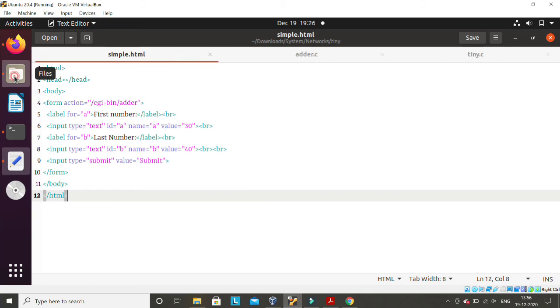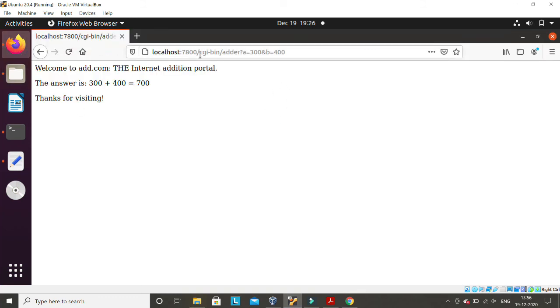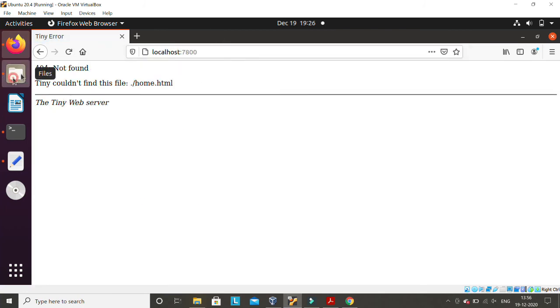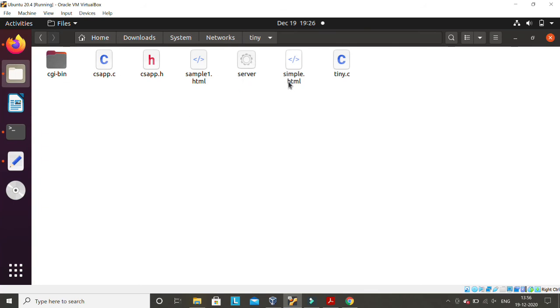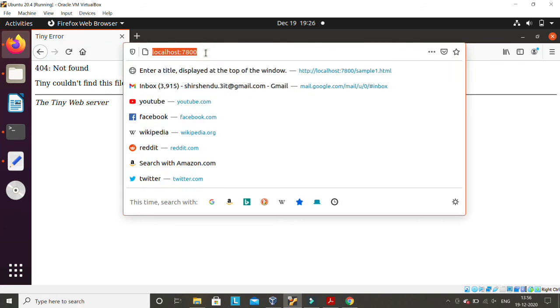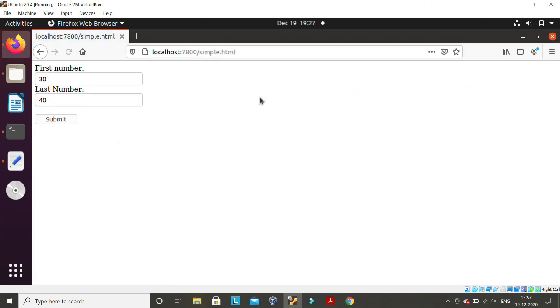If we go to this server again, in this tiny folder, simple.html is written here in this server. So every time I go to localhost 700 and this folder, it means this is the folder, and in this folder there is a file called simple.html. So in the client, if I write slash simple.html, it will find and read the HTML file as static content, and it will send it here.